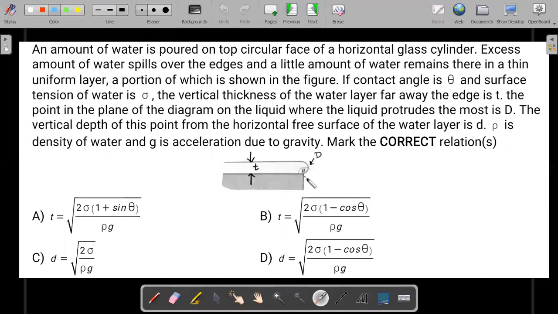Okay, so you need to believe that there is some figure in the board also here, like there is a small dx element, right? And actually this is a circle. There is a circular table, and whatever is happening in this figure, you can rotate this picture for a circular symmetry. Okay, so that's the idea. Instead of just spilling over directly, because of surface tension effects, you would see that there is an amount of liquid that would be protruding out and making an obtuse angle, as you could see, a theta.